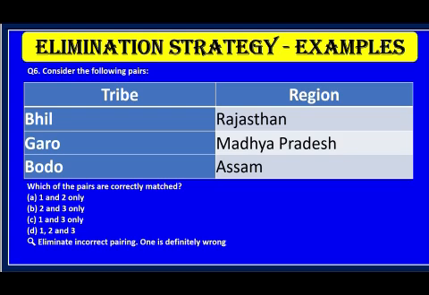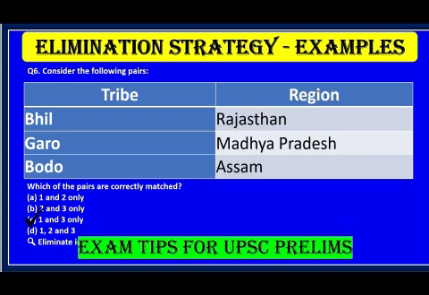So if you eliminate statement 2, option A goes away, because 2 is in option A. 2 and 3 also goes away. Option D also goes away. So option C is the right answer. This is an elimination technique. You can use the matching: if one match is wrong, then you can eliminate the answer. You will get the answer. Even if you are not aware of everything, if you know any one of the options,